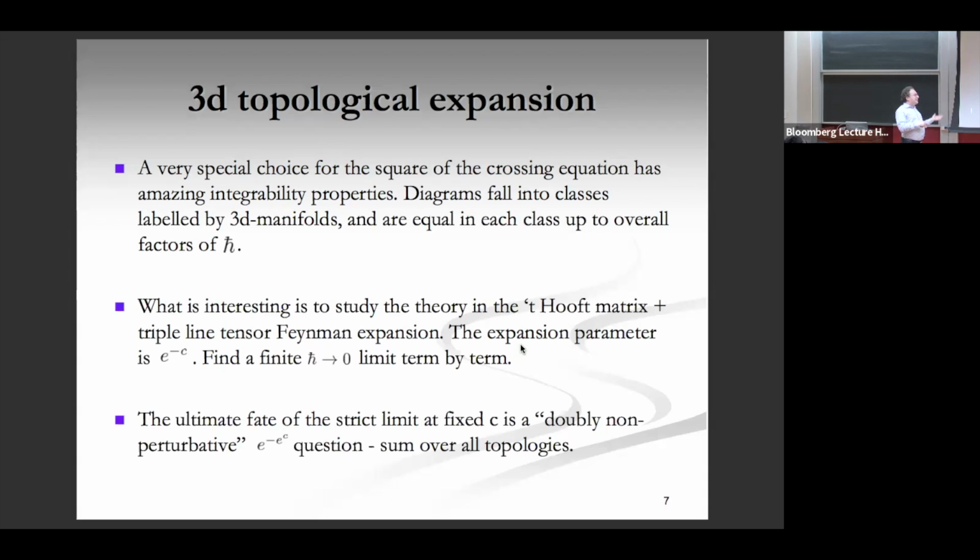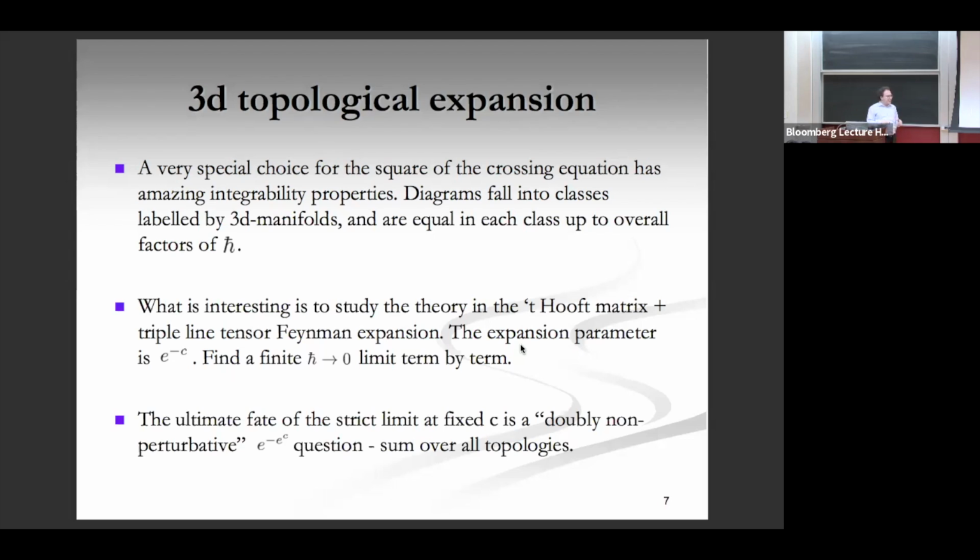But something illegal happened here from the point of view of the original integral, because what you really wanted to do was study the theory at fixed c, with a specific crossing equation, and then take h bar to 0, because that was just some fudge factor to impose a delta function. But here we reorganized it in the other way. We picked all the terms with a given order here, and then took h bar to 0 term by term. The result of that is an asymptotic series. So we will find that the power expansion in e to the minus c has 0 radius of convergence.